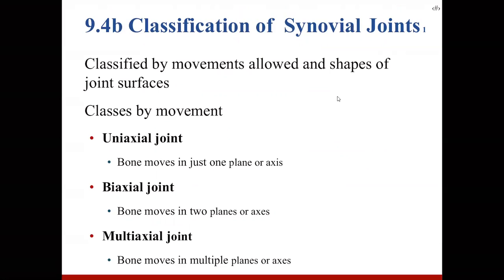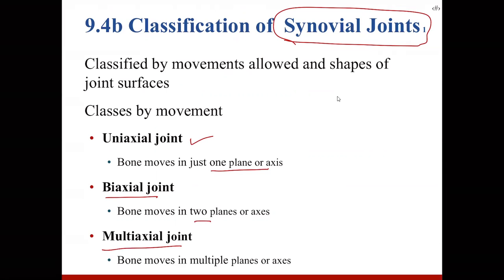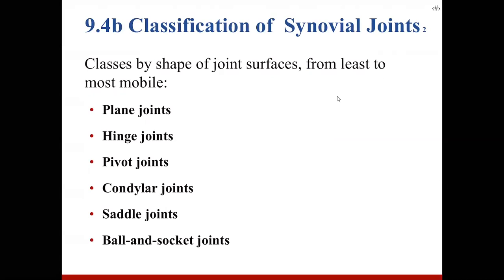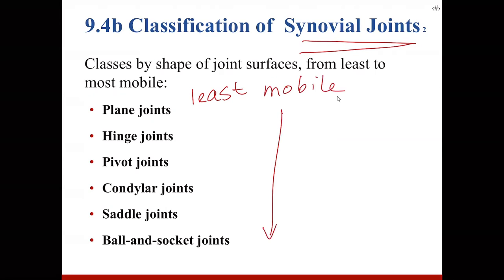Okay, now if we just talk about synovial joints, we're going to classify them by how they move. Uniaxial movement means it just moves in one plane or axis. Bi means it moves in two, and multi means it can go all over the place, so it can go in many axes. Synovial joints can also be classified by the shape. So if we go from least mobile to most mobile,